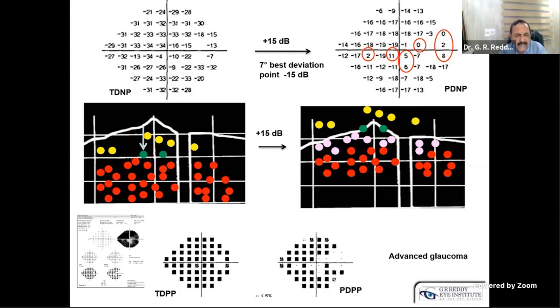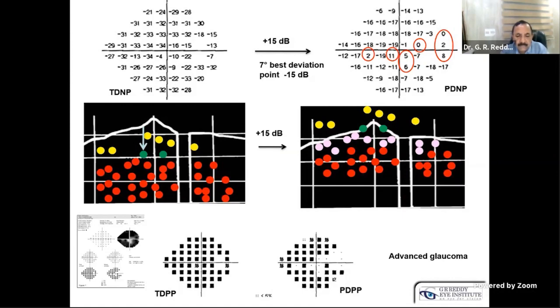When comparing the visual field from the present to the previous, you should always look for all these things. We have to correlate whether the refractive error correction was proper or not. Visual acuity, what is the visual acuity? What is the best deviation point? All these things we have to look for. Once you start interpreting in a rational, systematic way, you can come to a conclusion.